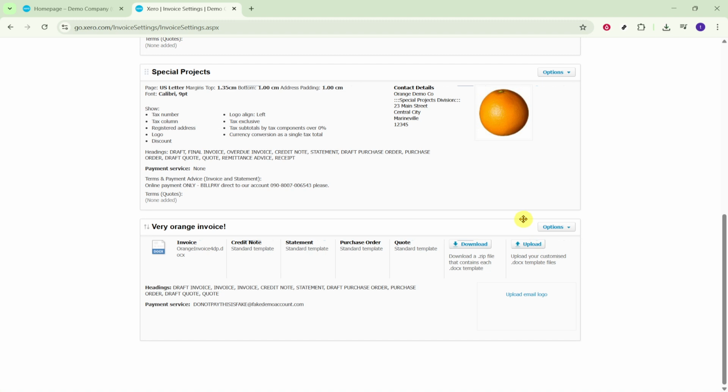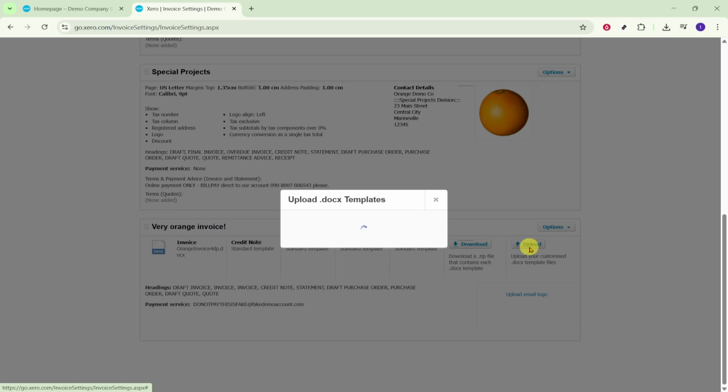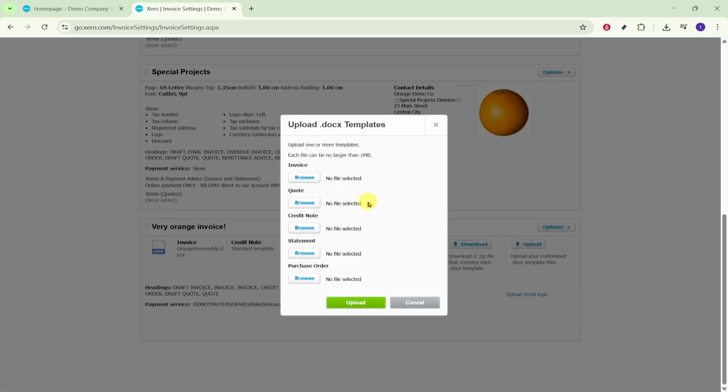Click Upload to begin. A file picker will open. Browse to the template you want to use for quotes. If you keep multiple templates, choose the one clearly labeled for quotes to avoid mixing it up with an invoice template. It's a good idea to use a clear file name like quote template current, so it's easy to